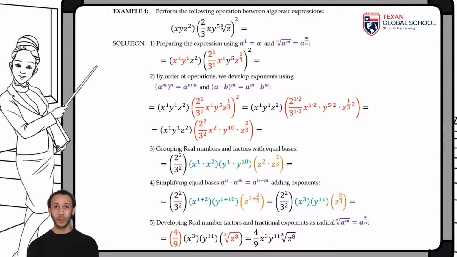Then, by order of operations, we will perform the exponents. Then we will group real factors and factors with equal bases to add exponents and simplify. Remember that the results of operations must be represented with positive exponents and radicals. In this case, we will transform those bases with fractional exponents to radicals. The result is 4/9 of cubic x, y to the 11th power, times the cube root of z raised to